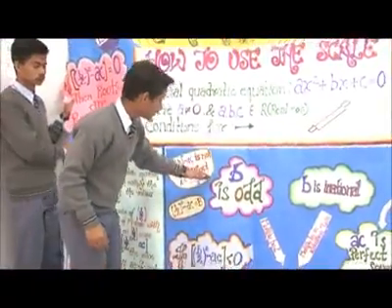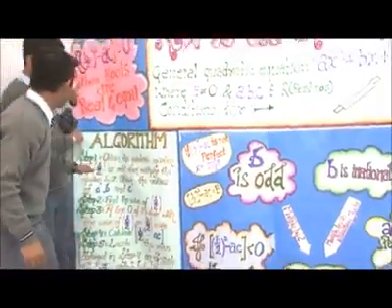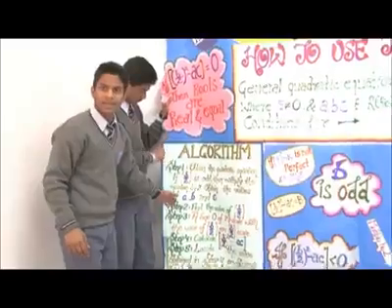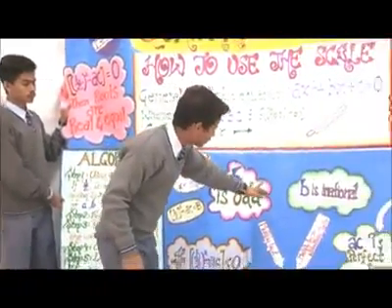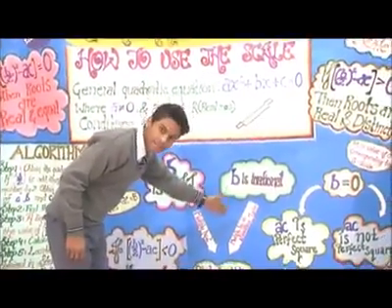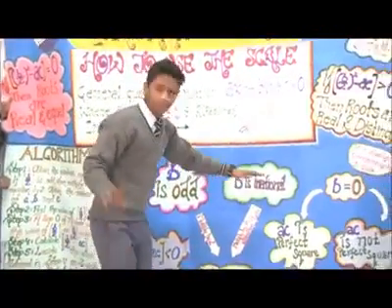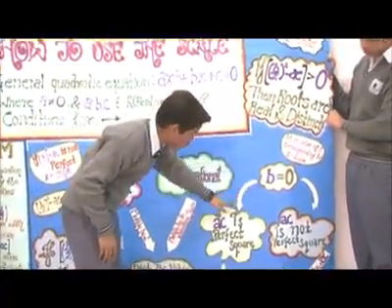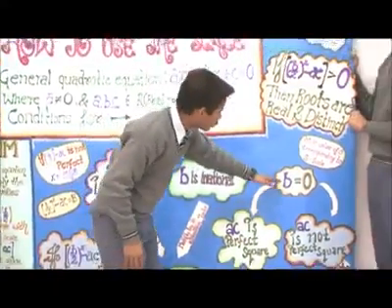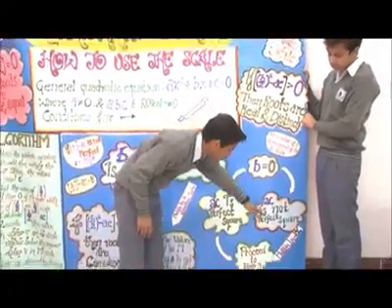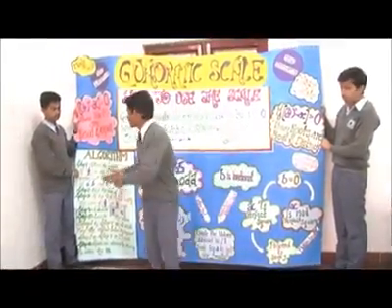Now come to the first condition. If b is odd, then we multiply the whole equation by 2, find the value of b by 2, and proceed to the further steps as given in our algorithm. In the second condition, if b is irrational, then we multiply the whole equation by its rationalizing factor, find the value of b by 2, and proceed to the further steps. In the third condition, b is equal to 0 and ac is a perfect square, then we find the value of b by 2 and proceed to the further steps. In the fourth condition, b is equal to 0 and ac is not a perfect square, then we multiply the whole equation by the square root of ac and proceed to the further steps as given in the algorithm.